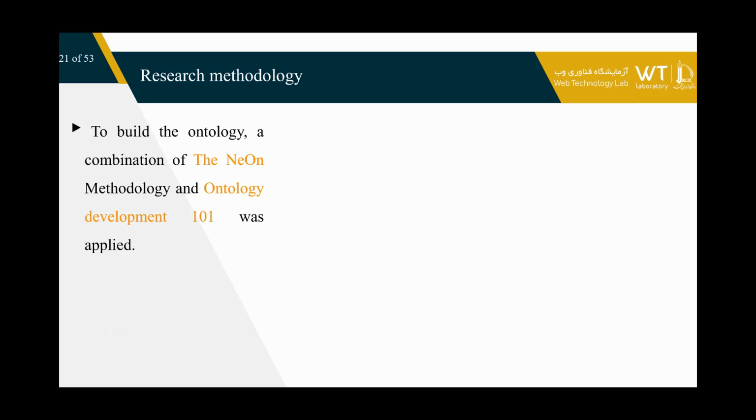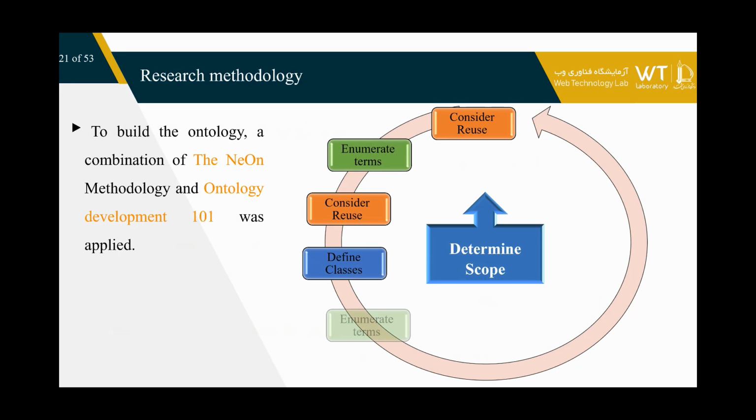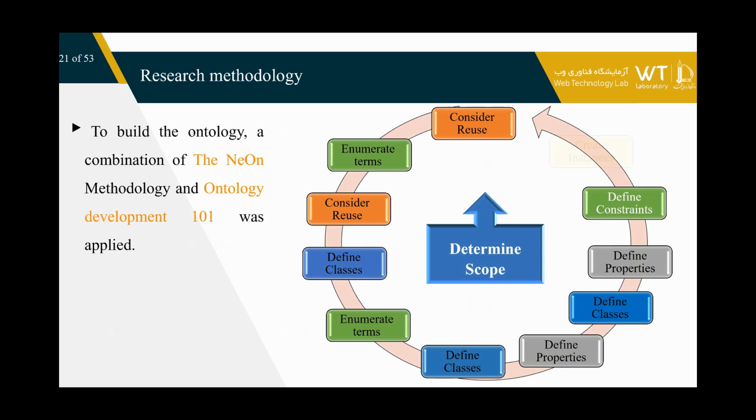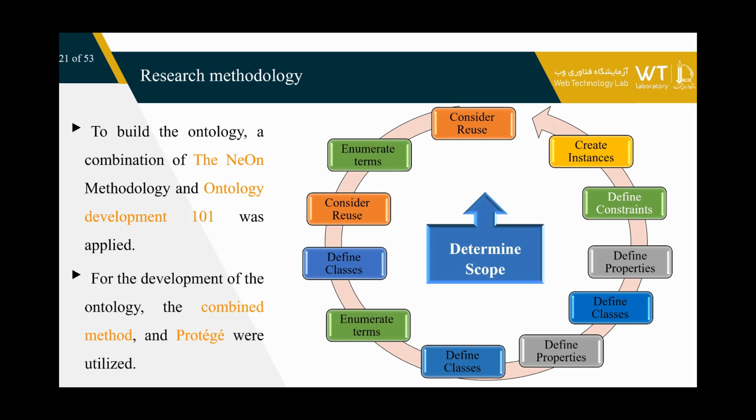The 7 stages of the 101 were placed in the form of scenarios 6 and 8 of the iterative incremental model of the NeOn, so we reached this cycle. From the 3 methods for the development of ontology, which are top-down, bottom-up, and combined, we utilized the latter in the form of supercategory, subcategory, and subcategory supercategory. By creating an informal taxonomy that includes words, microconcepts, and microconcepts, this was placed in a hierarchical structure with a systematic survey of experts, which usually is a comprehensive and top-down process. It was ultimately implemented in Protégé version